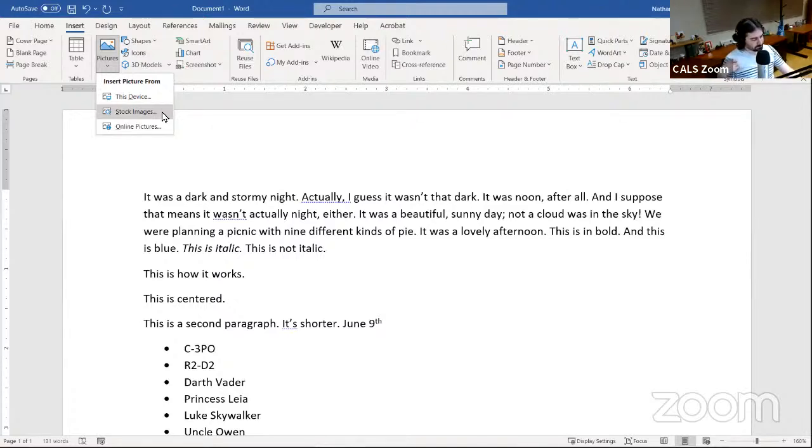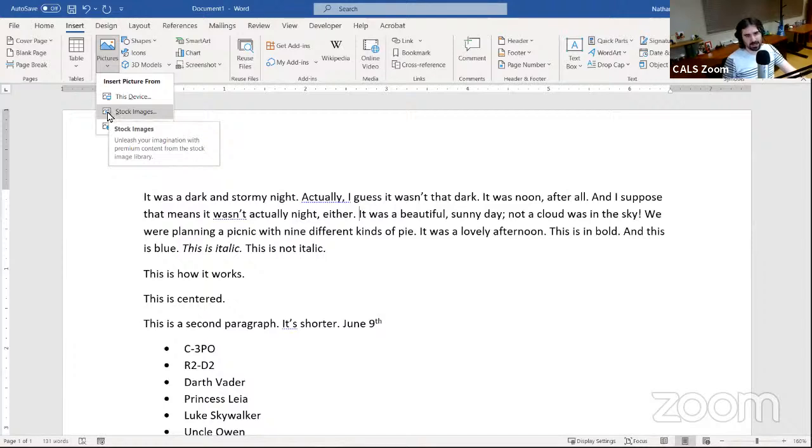And that's pretty handy, because if you're writing something that's going to be published or used for advertising or publicity, things like that, then you want to make sure that you actually have the legal rights to use whatever that is. So stock images are a way that you can essentially make sure that you're using an image that you have permission